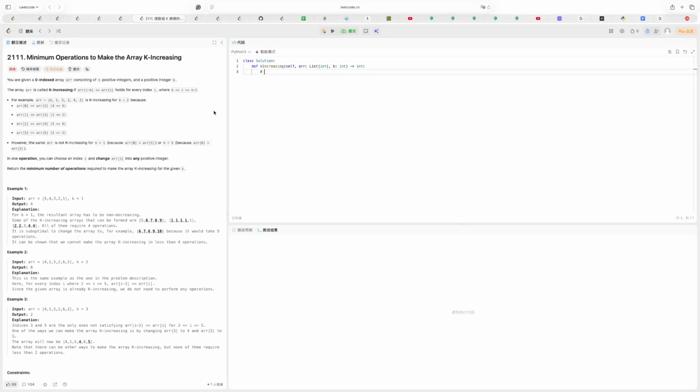Okay, so the problem is 2111, the minimum operations to make the array k increasing. Okay, I already read the problem. So the first thing that I came up with is